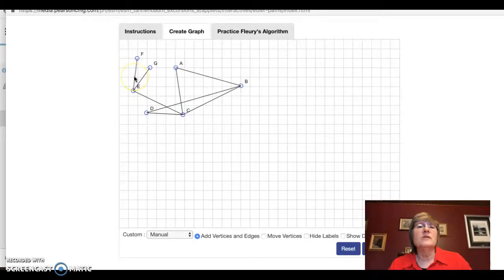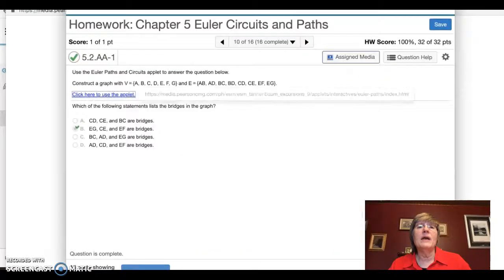Those are the places that would cause a disconnect if you were to erase them. But again, you'll understand that more as you read through the chapter. So that's Chapter 5, number 10. And then using Fleury's algorithm, it can give you some help doing that too, although doing them by hand is probably just as easy. Then the next thing I want to do is go back to Chapter